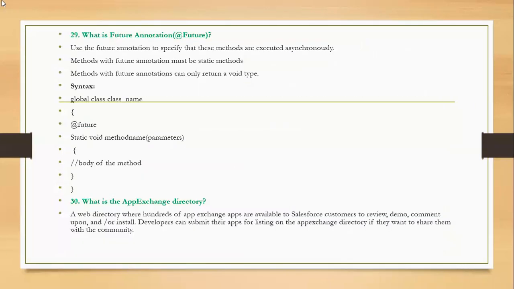Next question. What is the future annotation? Use the future annotation to specify that these methods are executed asynchronously. Methods with the future annotation must be static methods, and can only return void. Syntax: global class ClassName { @future static void methodName(parameters) { body of the method } }